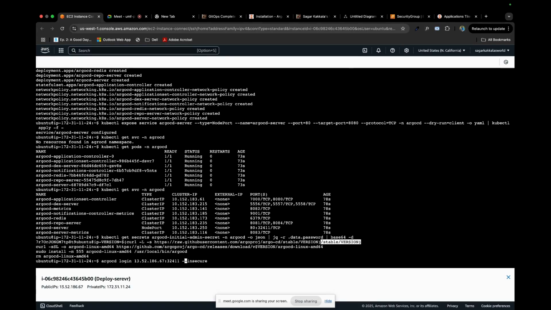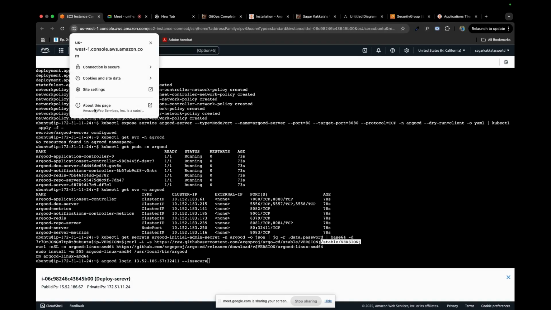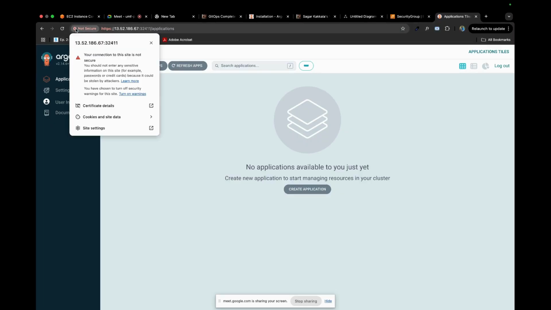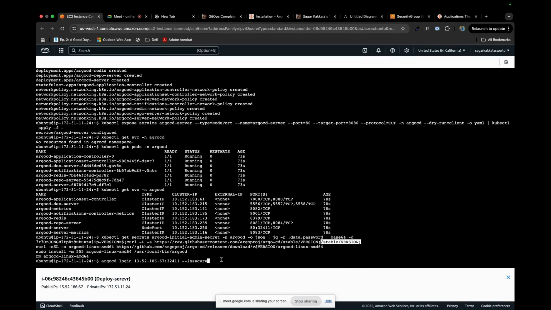We'll be giving this insecure tag because we don't have an SSL certificate. This is SSL: this site is secure. As you can see, the connection is secure. And here the connection is insecure, not secure. So that is where we're allowing it to log in even though it's insecure. That's it. The username is admin